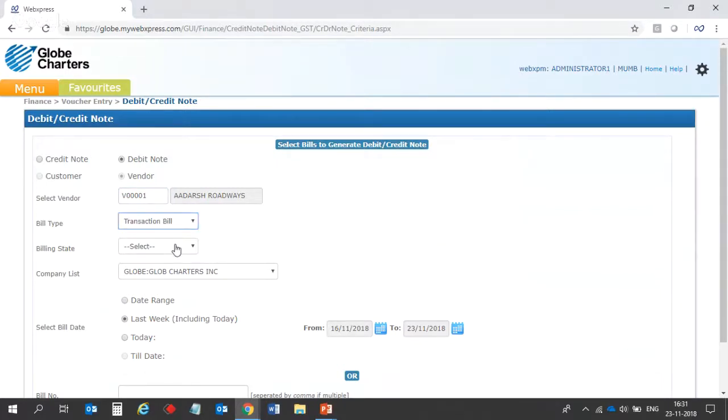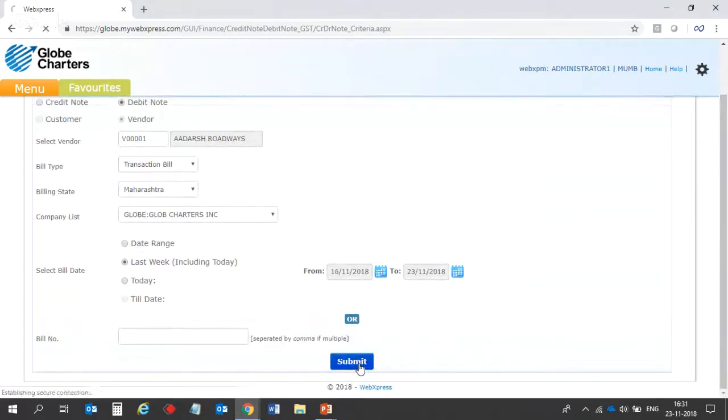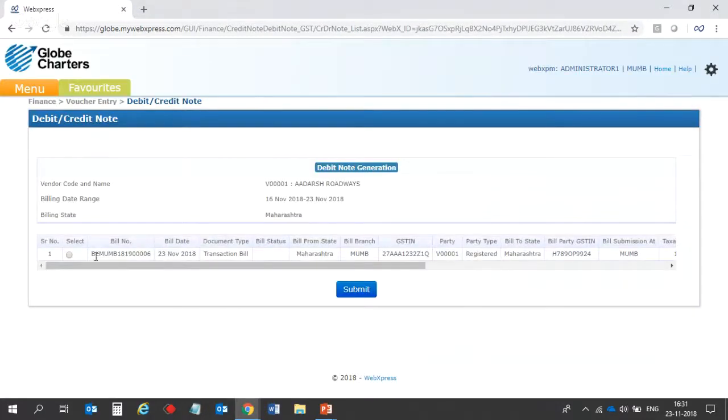For transaction billing in the state of Maharashtra, in this date range. The bill which we have just finalized can now be seen on the screen. Select the bill number,